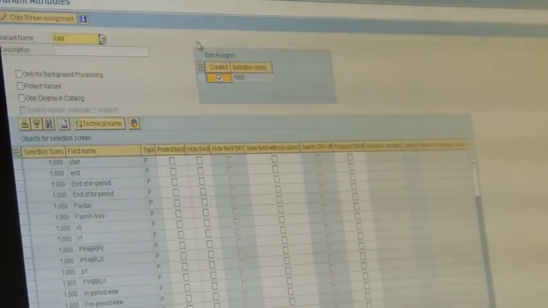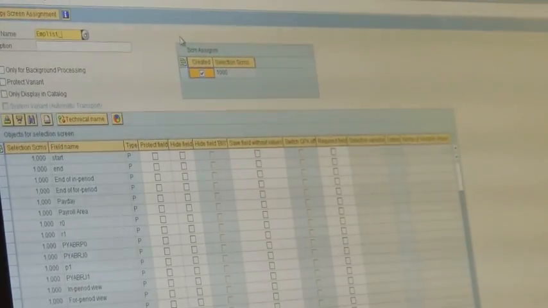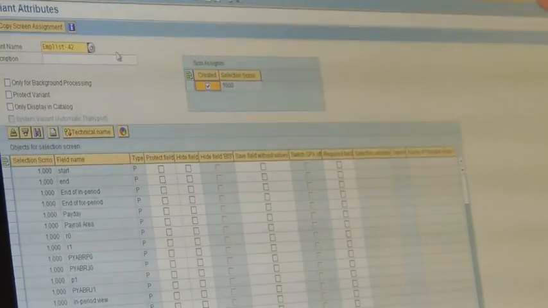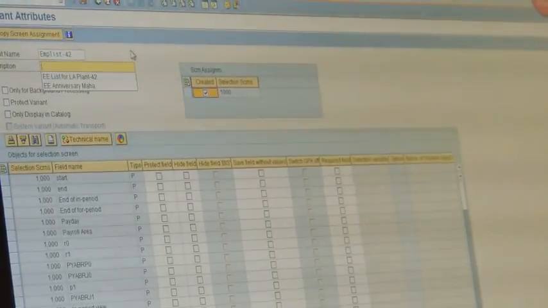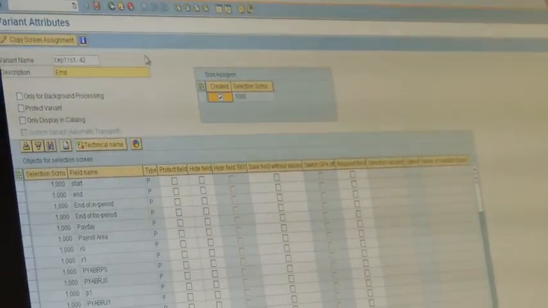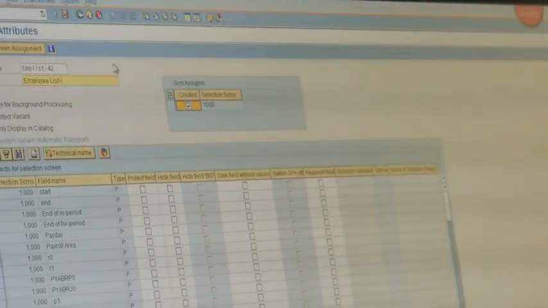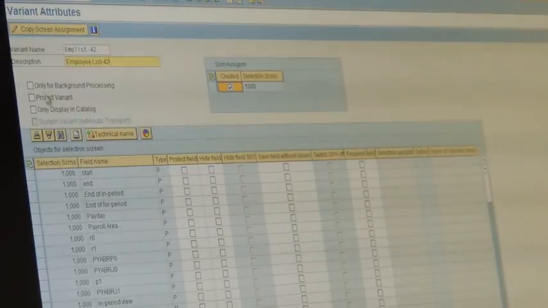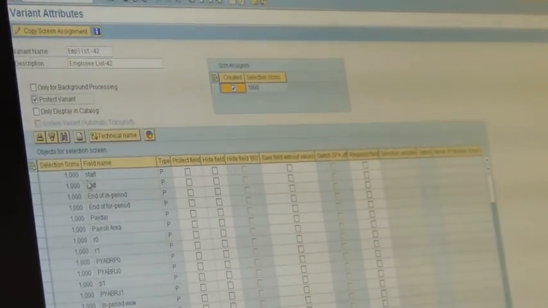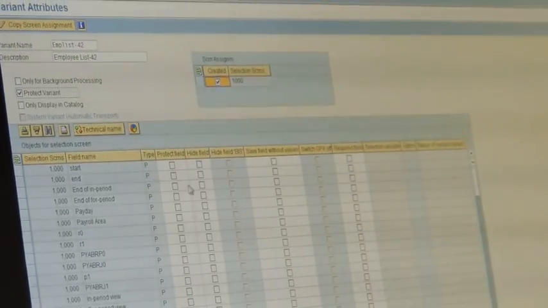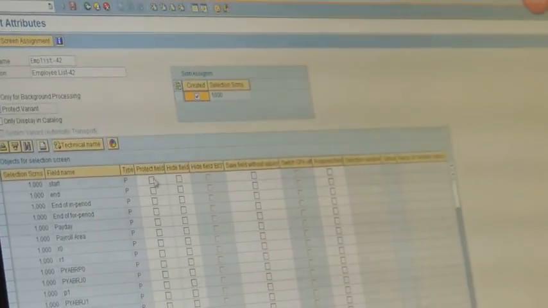EMP list 42. Long name for it. The description will be employee list 42. Then we want to protect the variant, and we can use these fields to either protect the fields or